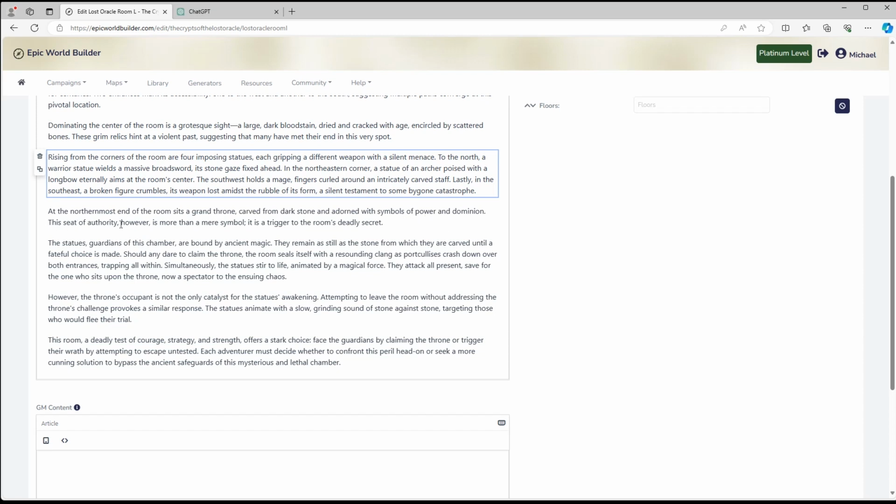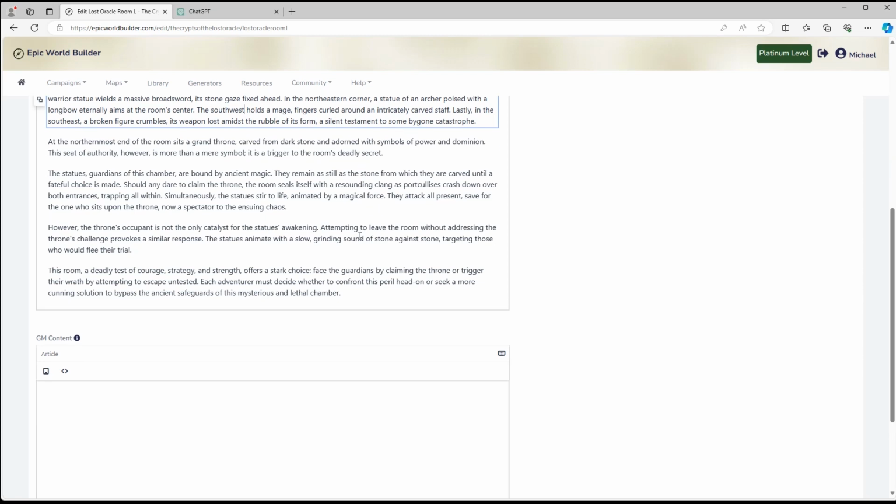This seat of authority, however, is more than a mere symbol. It is a trigger to the room's deadly secret. It is the focal